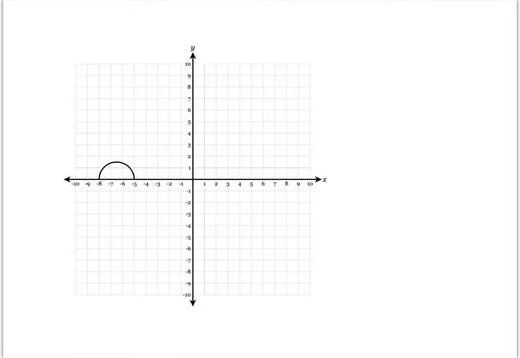First off, we've got this semicircle going on here. In terms of my domain, those are the x values this graph shows up on. So we're starting at -8. I'm about to write negative infinity, that's fun. And we're going up to -5. It looks to me like both of those are solid endpoints, so we're going to use square brackets to symbolize